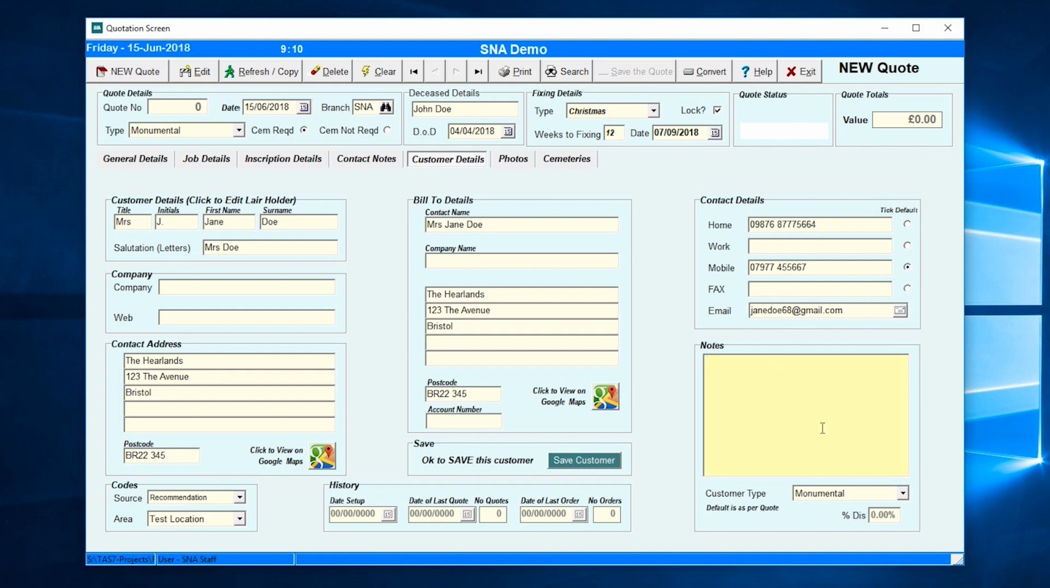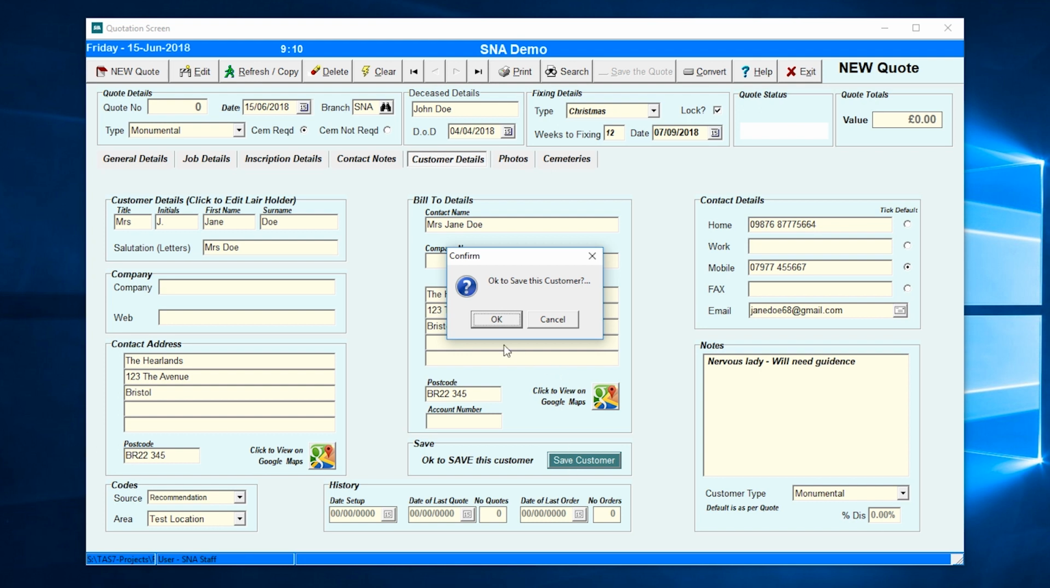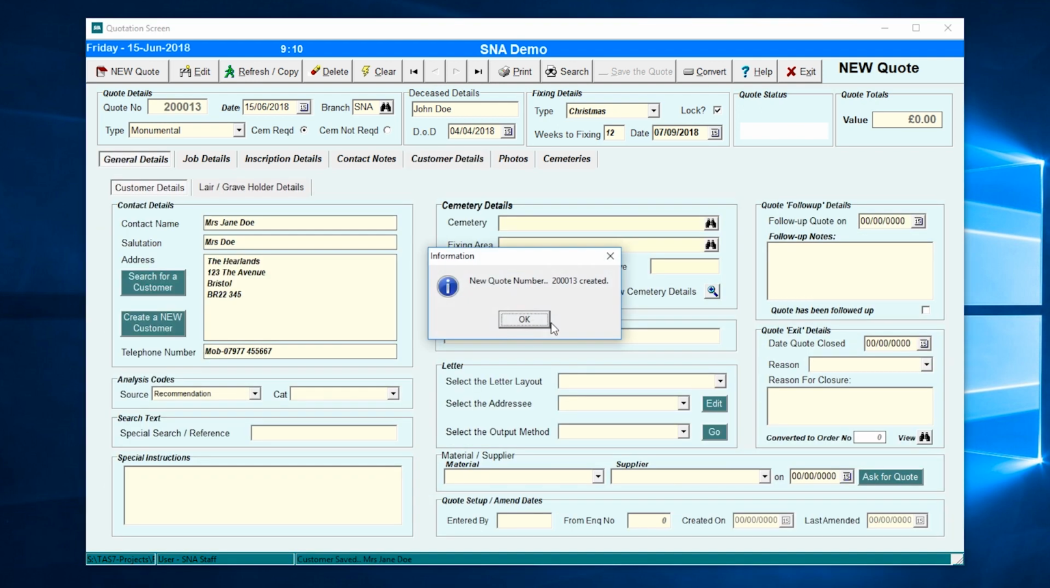There's a large notes box where you can enter any notes on the customer. The customer never gets to see this, but it's good for you to be able to remember somebody or to inform another member of staff if they're to deal with the lady a little bit later on. Excuse the spelling mistakes. You choose the customer type, and this one's a Monumental. So we're going to say OK to save the customer, and now we have a new quote number, which also